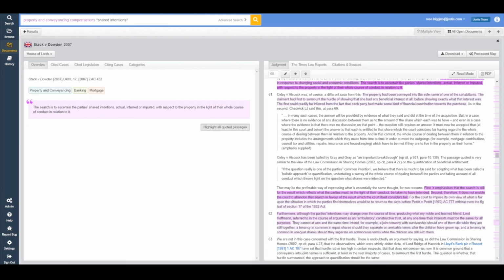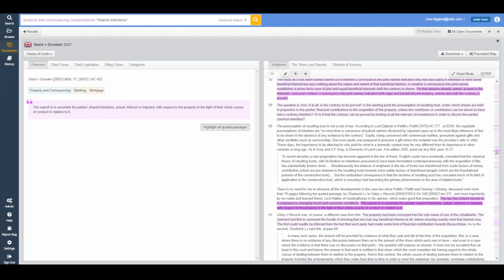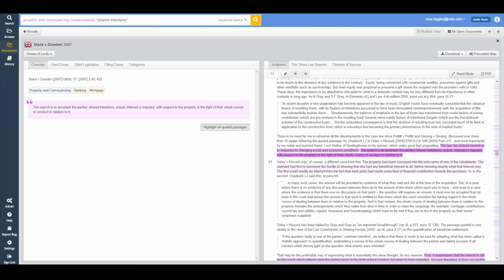But more than that, if I'm doing my research and I find an important case and I turn this on, and as I'm reading I come across a sentence and I think, that is what I've been looking for, that is exactly the point I'm trying to make. If it's been used elsewhere, you will know about it, and that section will be highlighted. The darker the color of the highlight, the more frequently that section of the text has been used in other cases. And if you click on that section of the text, it will tell you where this case has been